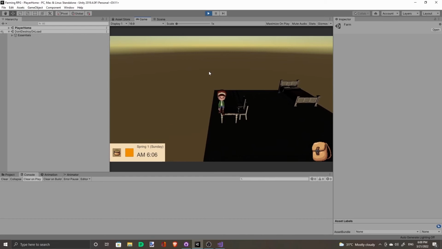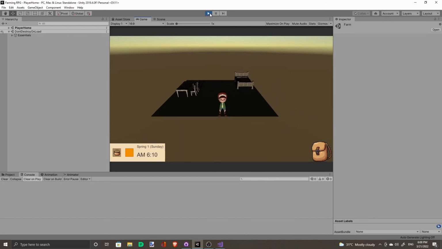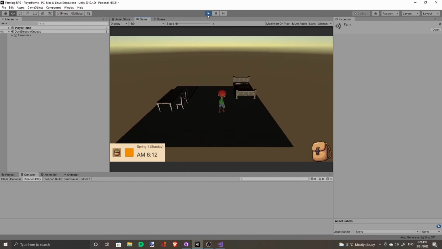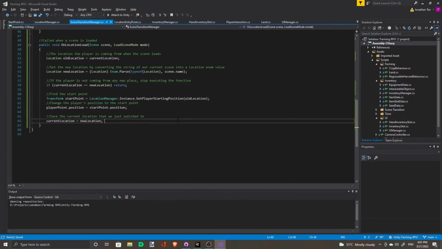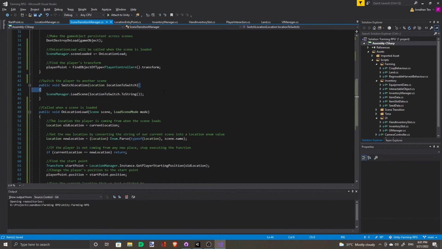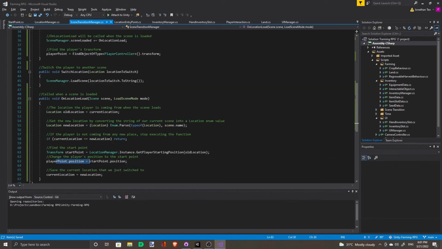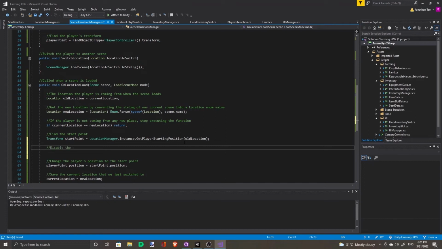It doesn't work. This is because our character controller is messing with the transform value. So we need to disable the player's character controller first when we switch the scenes. The moment we set the player's position to a new position, the character controller component overwrites it. So before we do this, disable the character controller component.